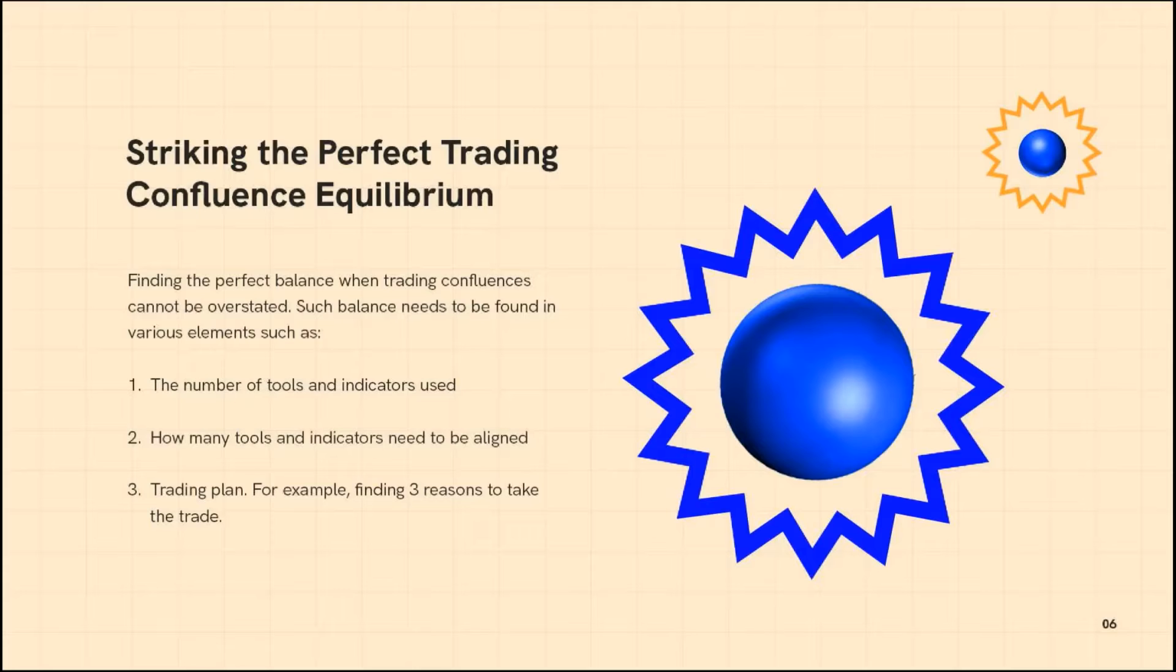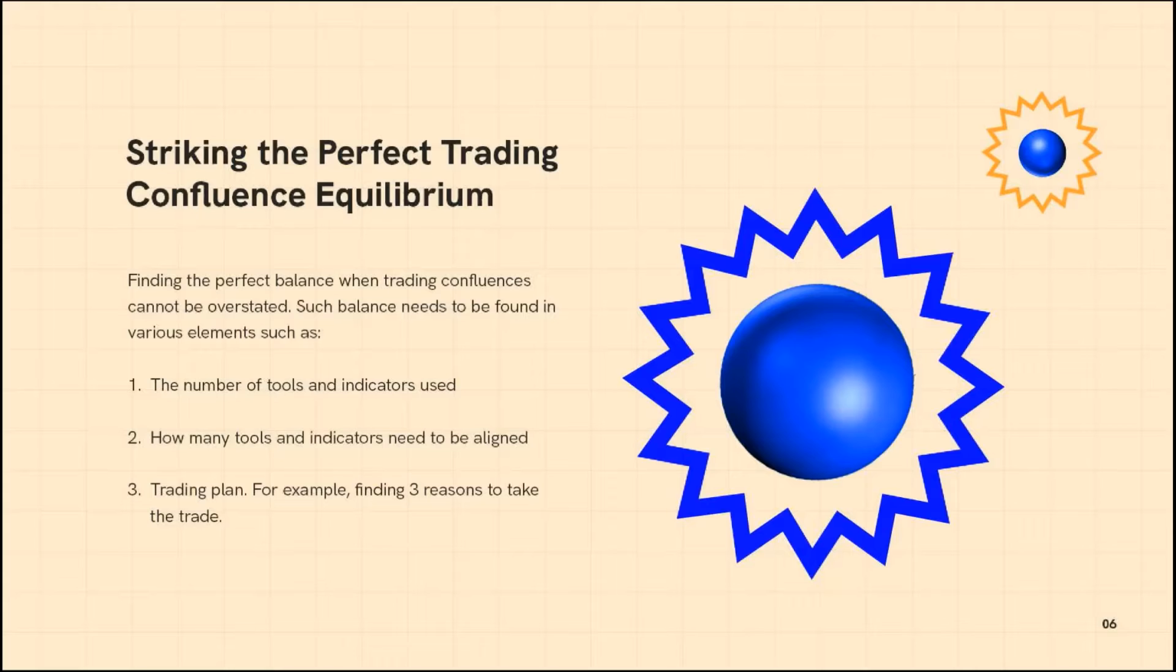So, striking the perfect trading confluence equilibrium. Now, the importance of finding the perfect balance when trading confluence cannot be overstated. It can never be overemphasized. It has to be more than overemphasized, because a lot of factors come into finding the perfect balance when using confluence. Such balance needs to be found in various elements, such as